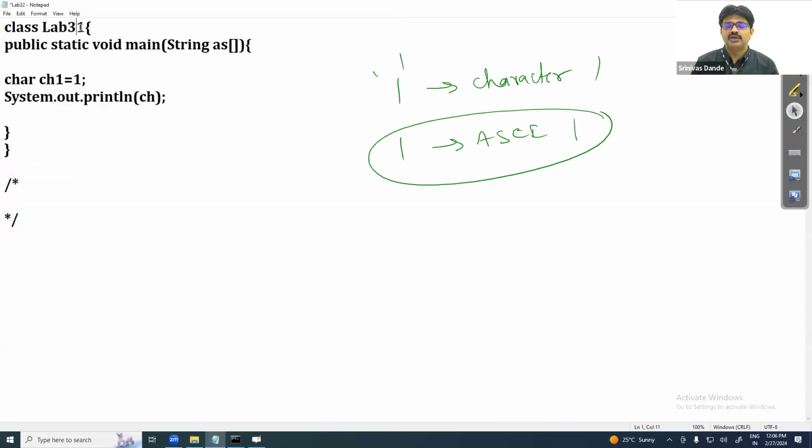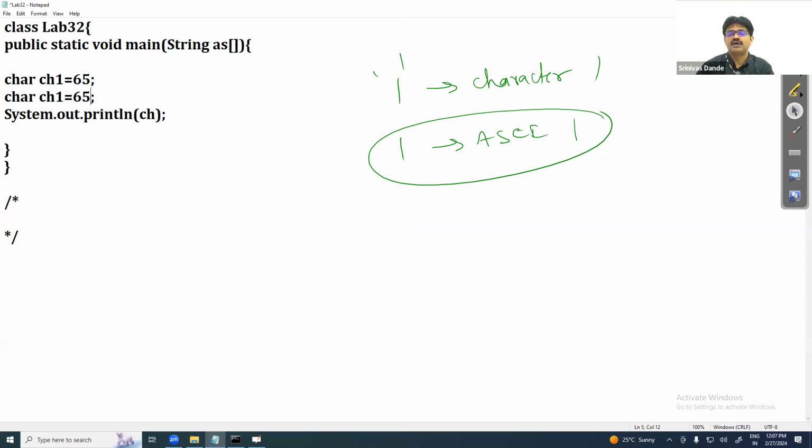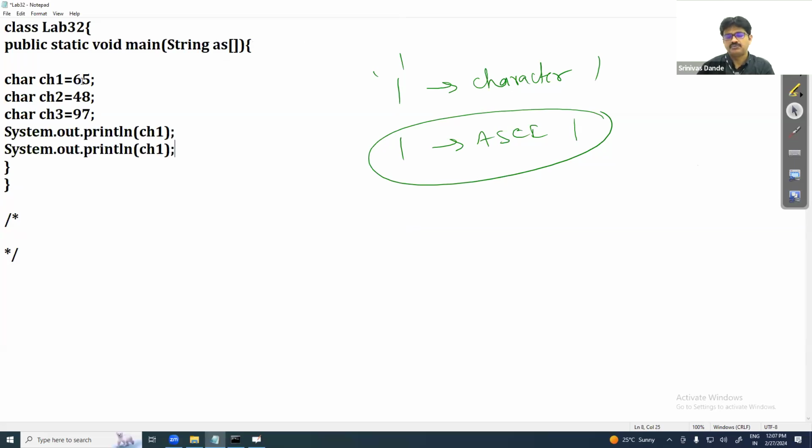Character CH1 equals 32. CH1 equals 65, I am assigning. Is 65 considered as ASCII? 65 considered as ASCII or not? 48 I am assigning. Will it be considered as ASCII? 97, whatever numbers we know, I am assigning. CH3, ASCII, right? When I print this,